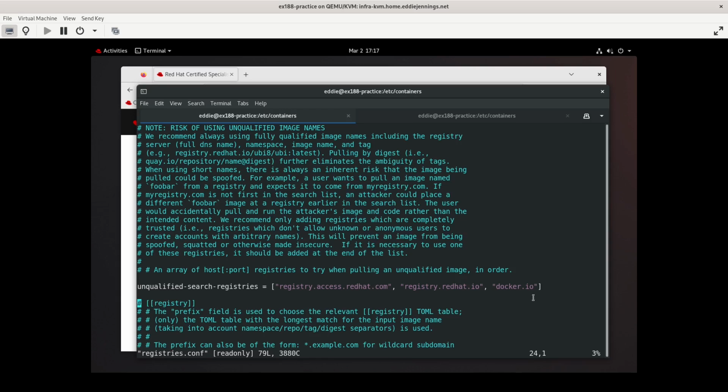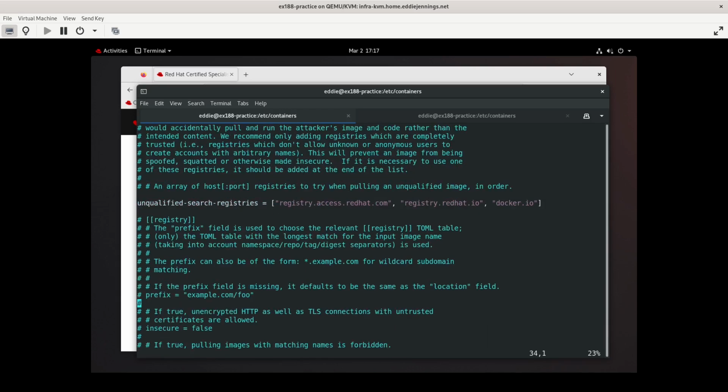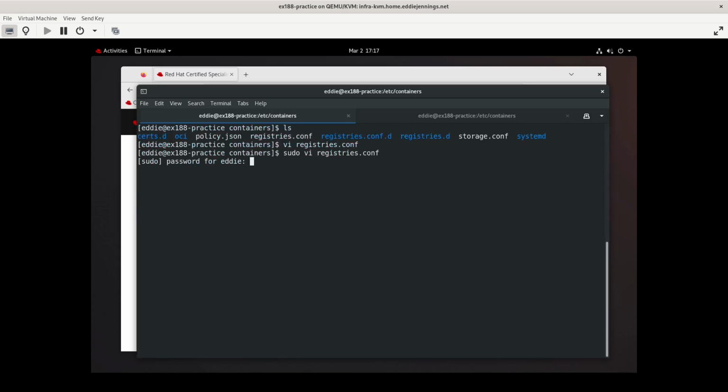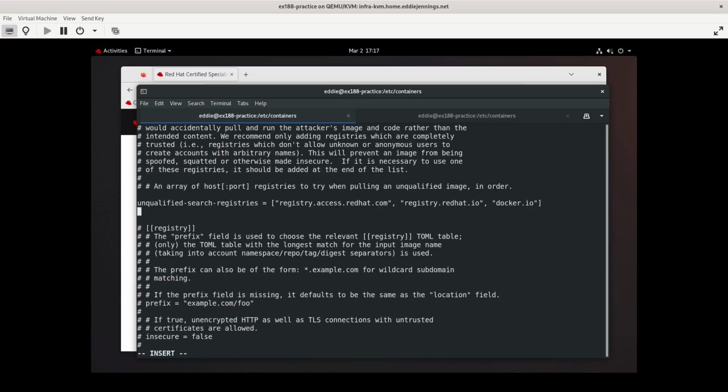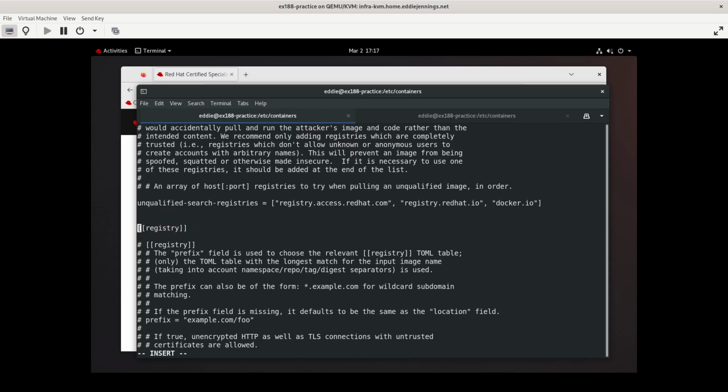Now, this is mentioned in the comments here, but you can do some fine-grained stuff. Let's say, yeah, we could do this. All right, so I need to run vi as sudo. Okay, so what I want to do is, let's say for whatever reason, I want to block the ability to download that image from